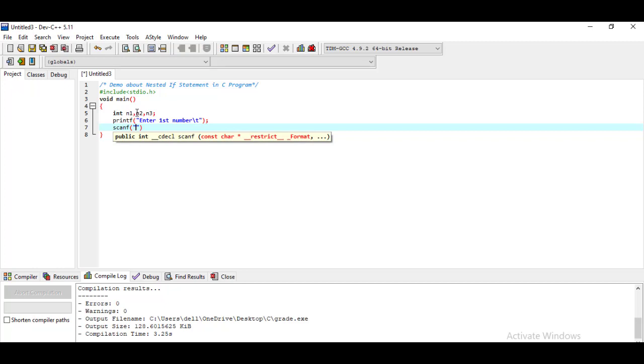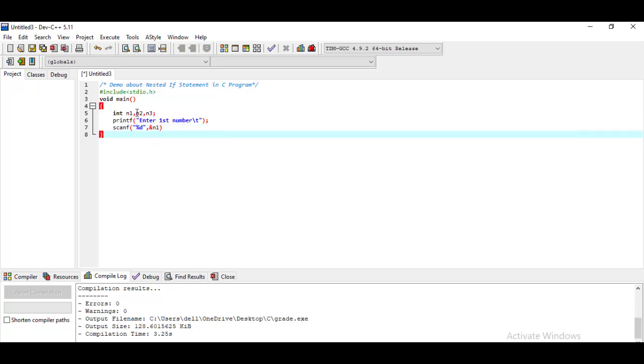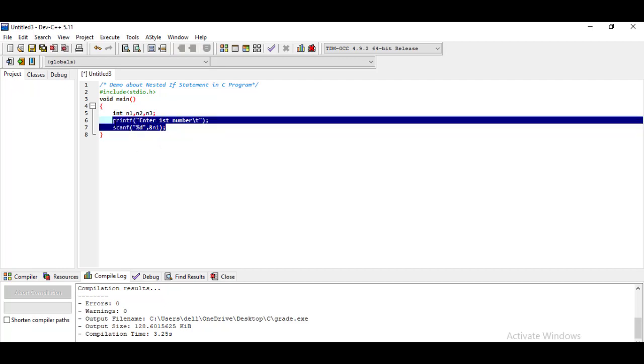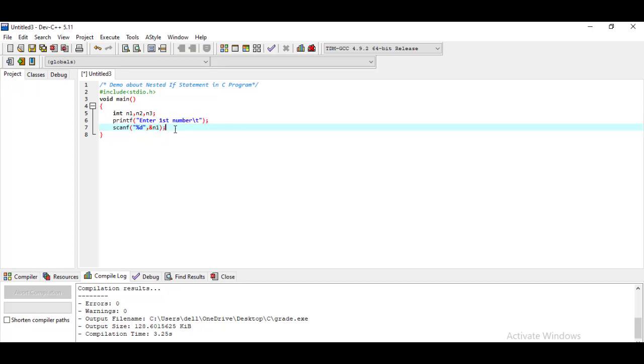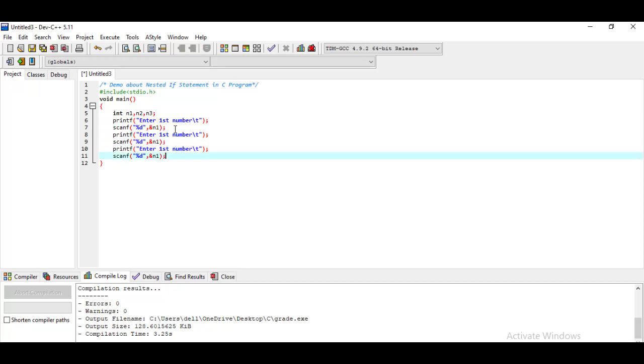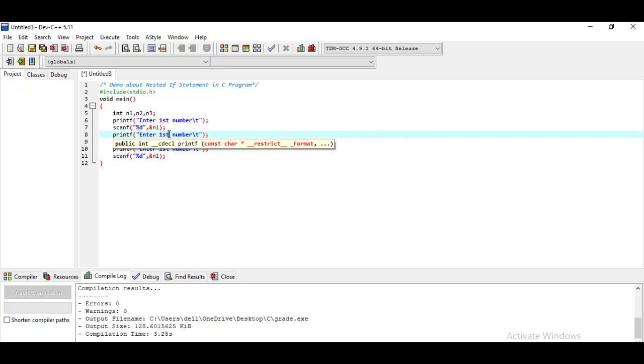Now I have to read this number, so for that I'm using the scanf function, and this number has to be read in integer format, so I use %d, then a comma, along with the address operator I give the name of the variable to which I would like to assign this number. At the end I put the semicolon to terminate the statement. Similarly I have to write the same code for the other 2 numbers, so I'm copying using Control C and pasting it one time, and here it is the second time, and here I write enter second number,